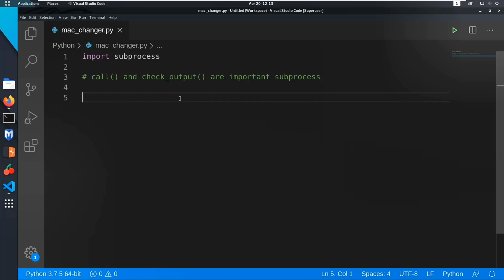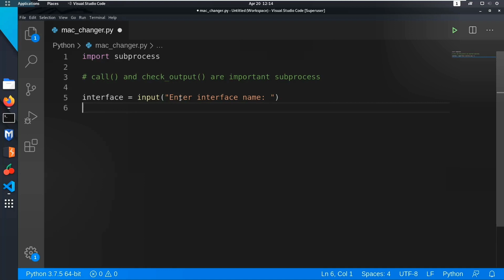First, let's take input of the interface, which is pretty basic, and this course is preferable for somewhat Python developers. So I will take the interface name, and this will take the input of the interface name.